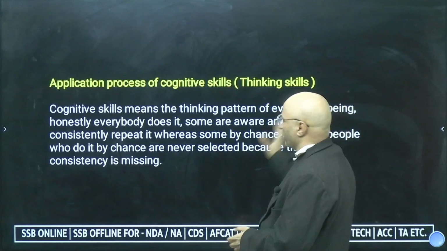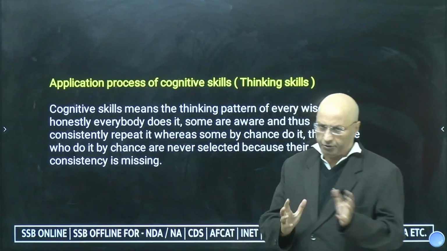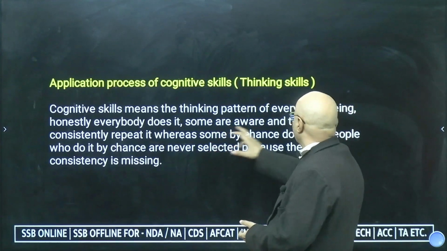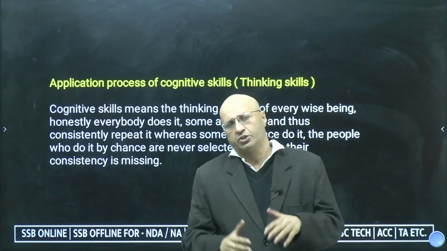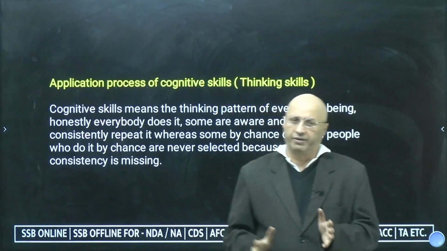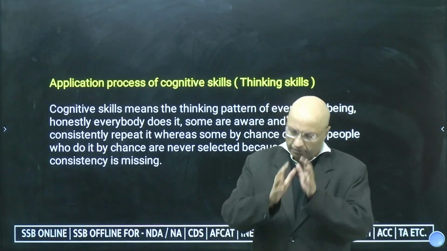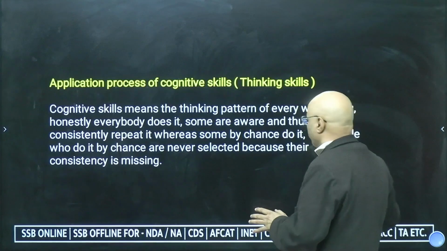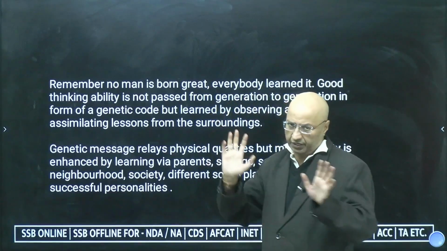Now, the application process. I'll teach you a little about thinking skill. Cognitive skill means thinking process. Your thinking should be crystal clear so that others can understand. There are some people who are very clear about their thinking, so they think this constantly. But there are some people who are not aware of their thinking, so they sometimes think this, sometimes think that. So please become a little aware of your thinking, and write in a systematic and fluid manner, because there should be consistency.